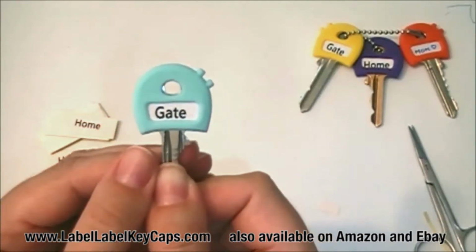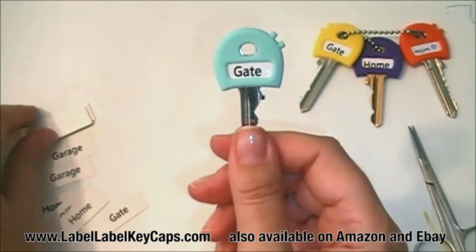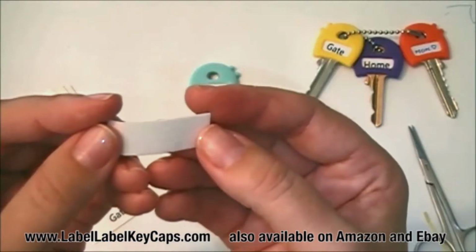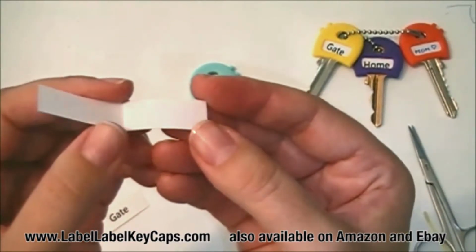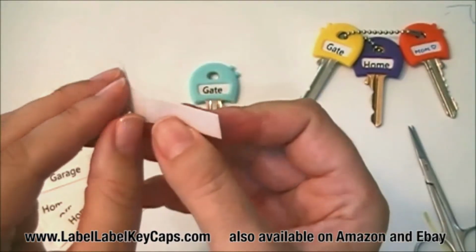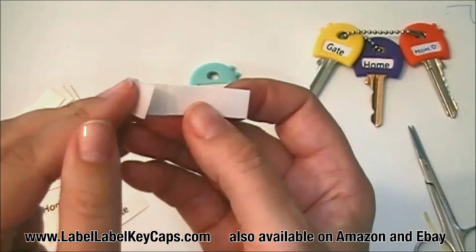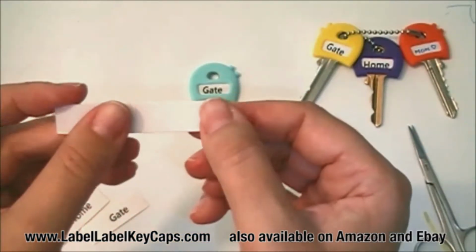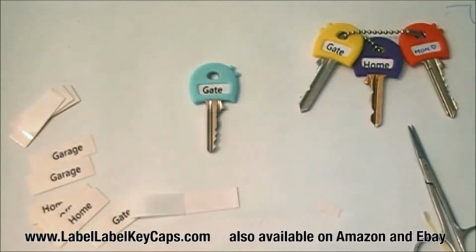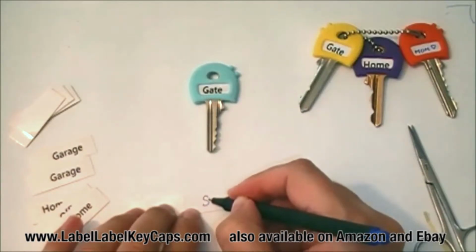As you can see, these are printed, but we do have blank labels, and I'm going to show you how to label these up so you can customize whatever you want. Now the blank label has the actual white matte paper that you write on here, but the top is a transparent protective label. We're not going to take that off yet, but what you would do is simply write, again, estimate how big or small you have to write. I'm going to write Sue here,